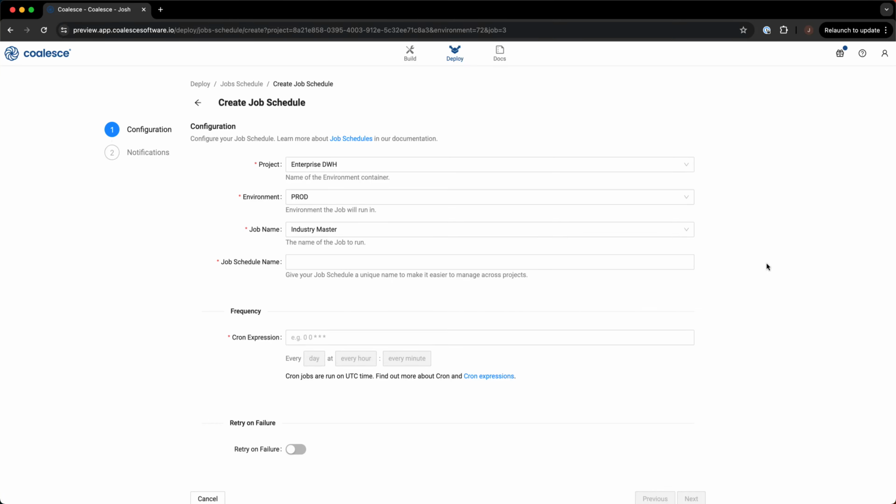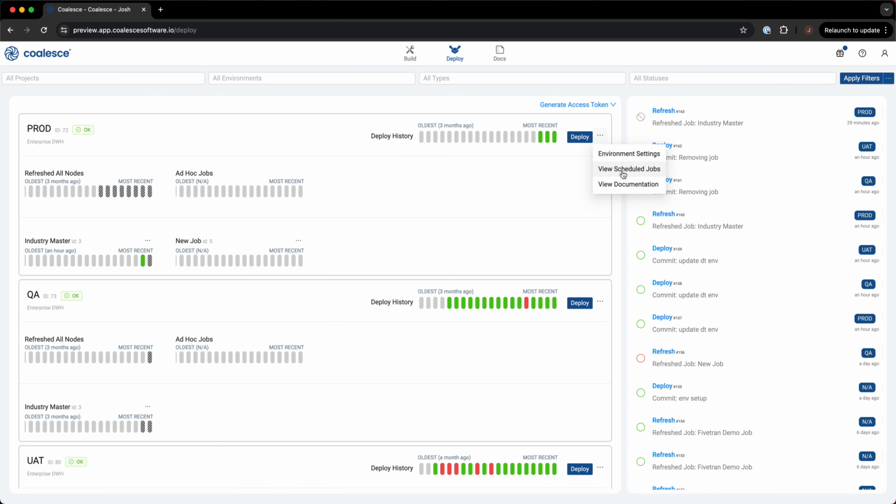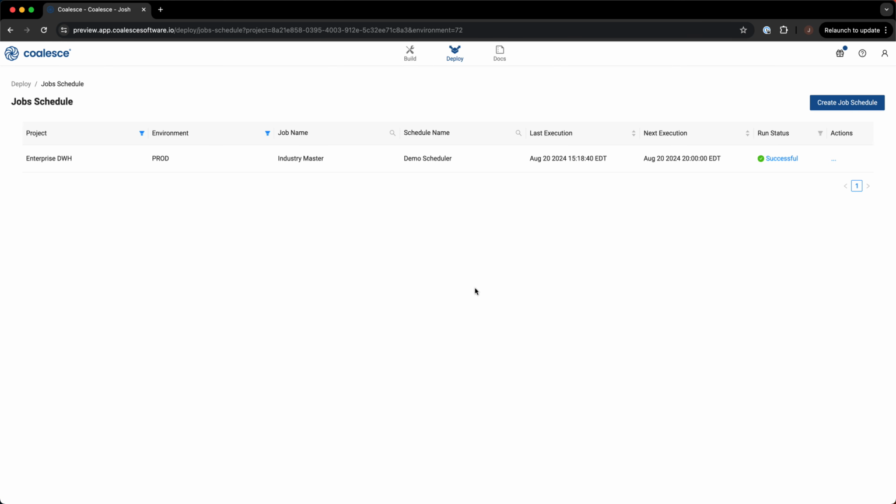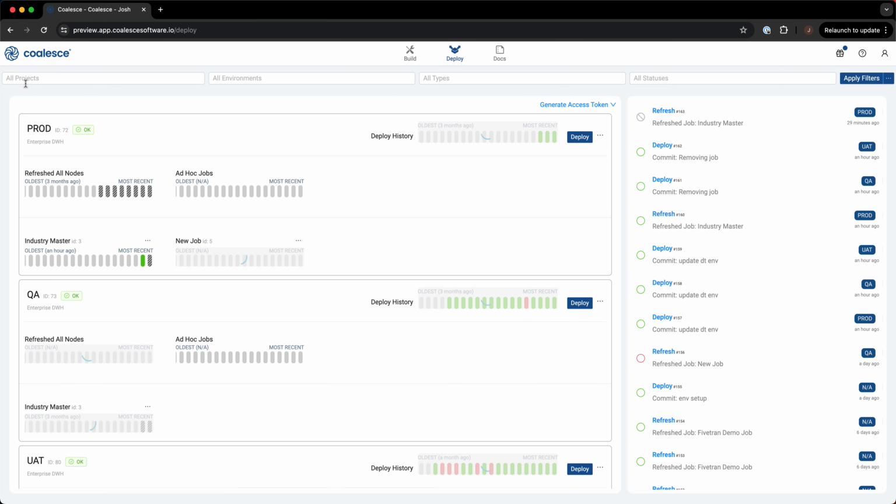You can easily refresh your data pipelines within Coalesce using the Coalesce Job Scheduler. The Coalesce Job Scheduler allows you to seamlessly manage all of your data pipeline jobs associated with each environment. Jobs can be manually triggered, created as a schedule, and all scheduled jobs can be viewed through a simple control pane for each environment. This allows Coalesce users to manage the entire process of building and refreshing data pipelines all